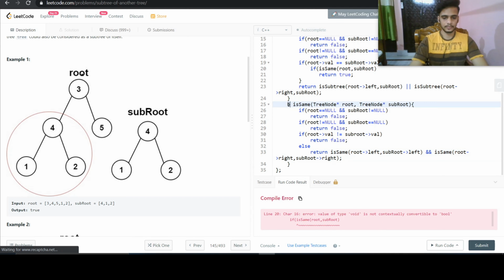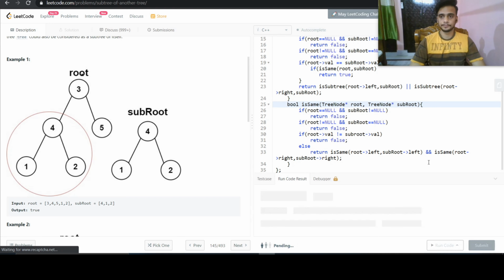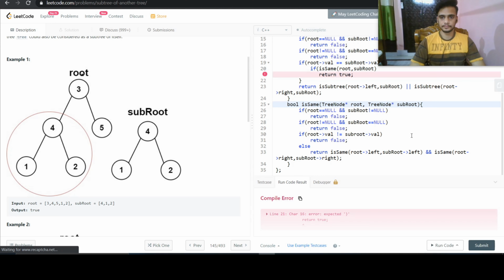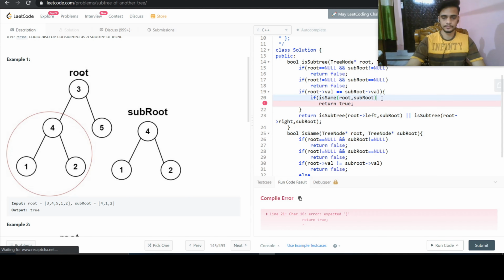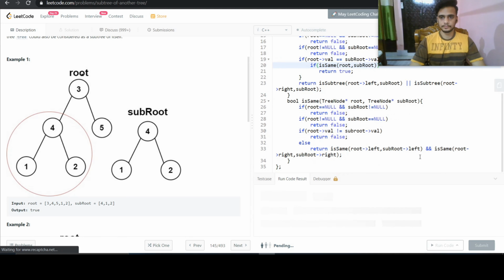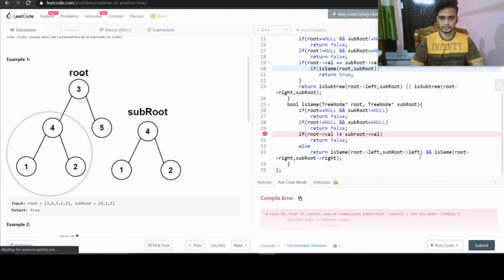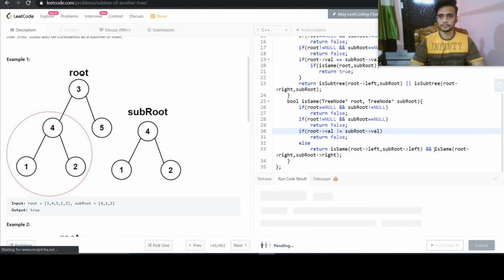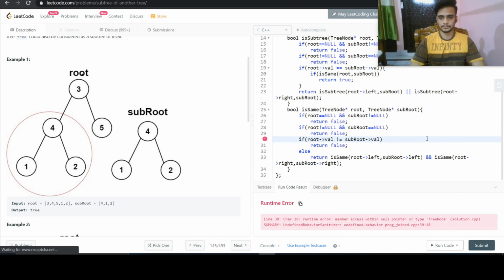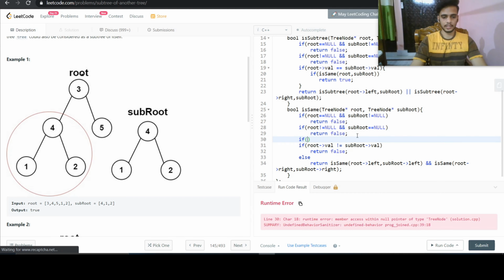Here we will return bool. So has a capital R. We need to consider the case where both of them are null.